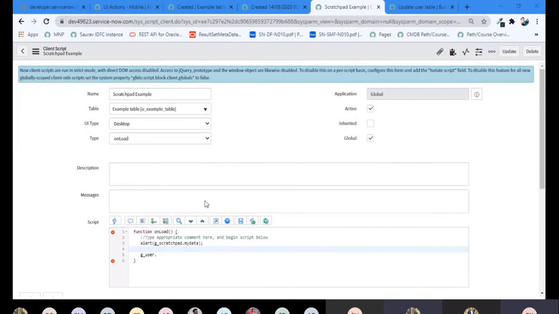Correct. So using g_user, you will get who the current logged in user is, right? And after getting it, you can check if this logged in user is VIP or not, right?